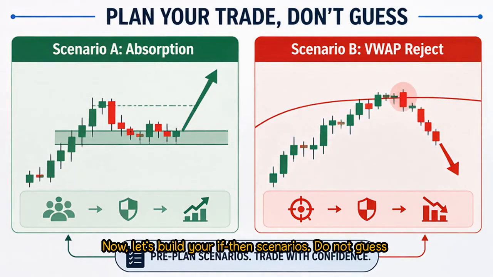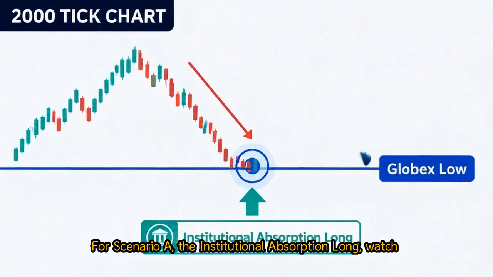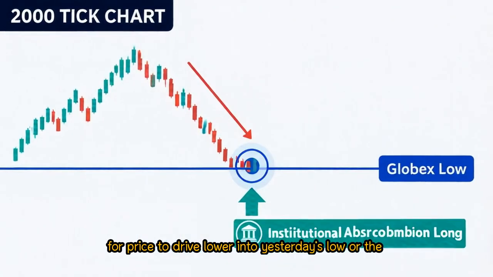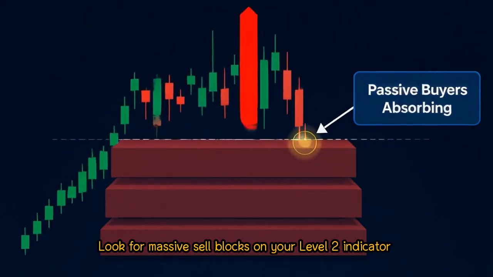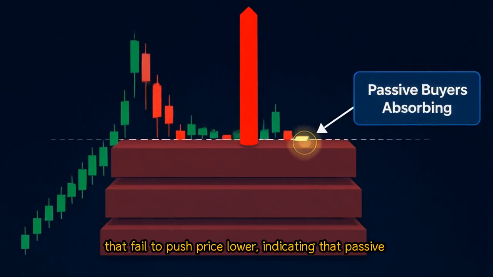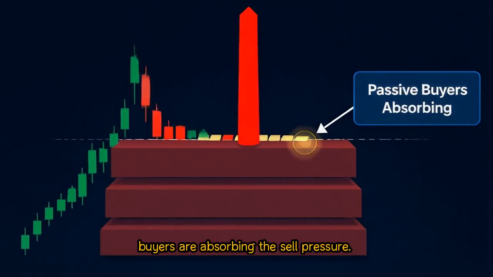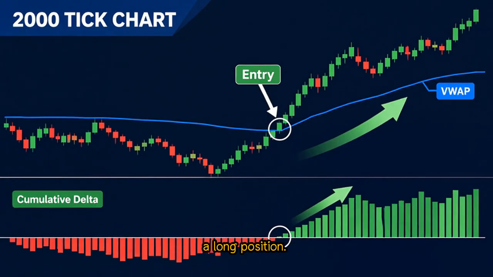Now, let's build your if-then scenarios. Do not guess where the market will go. Prepare for what you will do when it gets there. For scenario A, the institutional absorption long, watch for price to drive lower into yesterday's low or the Globex low. Look for massive sell blocks on your level 2 indicator that failed to push price lower, indicating that passive buyers are absorbing the sell pressure. If Cumulative Delta spikes positive and price crosses back above the VWAP, that is your trigger to enter a long